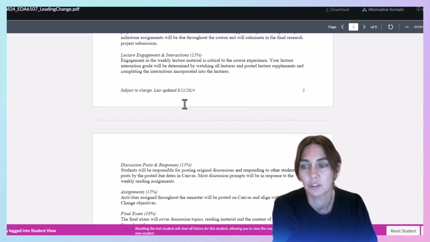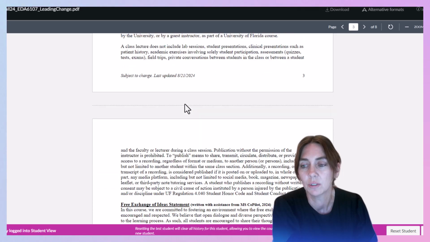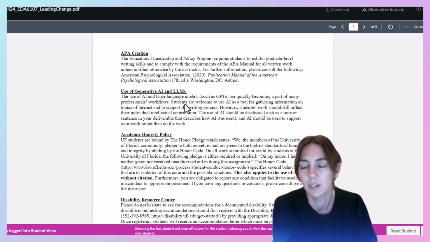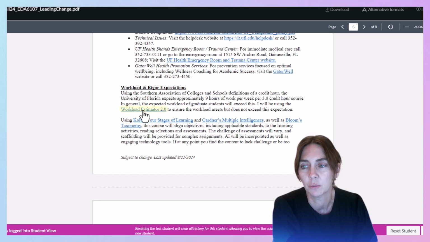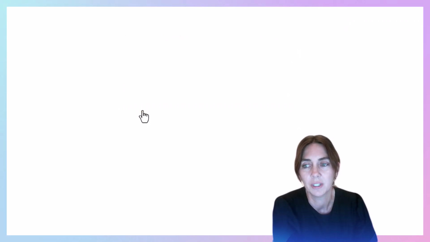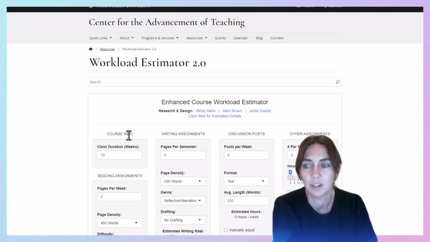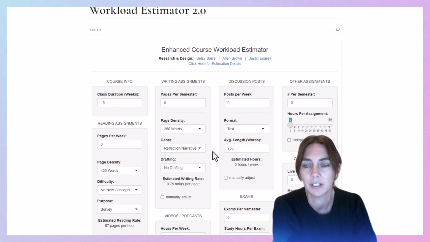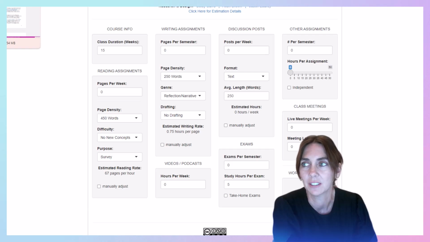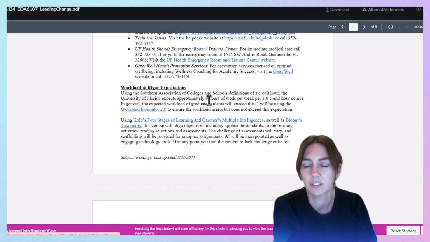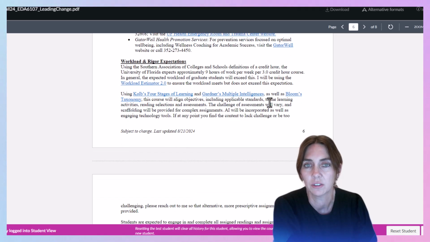So I do encourage you, I'm sorry I'm scrolling down the syllabus here, I do encourage you to go to the workload calculator that I have in the syllabus that I went over in that video, right here, the Workload Estimator 2.0. So you can go in on Monday and plug in everything you have to read, pages and everything you have to do, and you'll get an hour calculation. Again, the expectation is to be around 9 hours a week. So checking in on Sunday afternoon for what you have to do obviously doesn't give you much time to meet those requirements. So do take advantage of that calculator. It's again here in the syllabus, and the workload expectations are there as well.